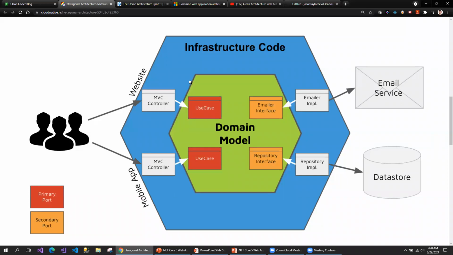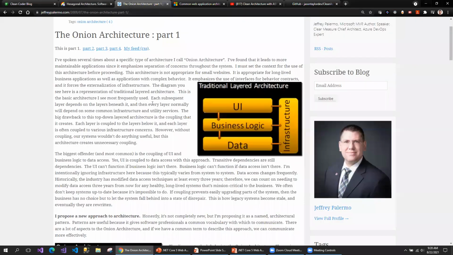This is what the hexagonal architecture pattern looks like. I will not go into more detail on these, but I'm just giving the history of how different authors have written various articles on the clean architecture, and how it evolved from the traditional layered architecture.